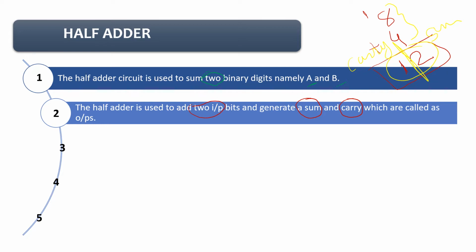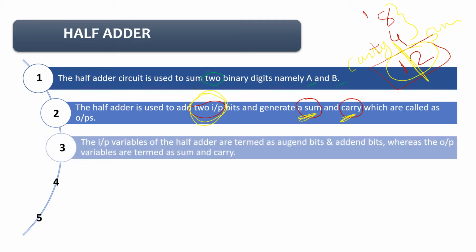This is not the actual operation on binary numbers, but this is just for reference, that when you are talking about the half adder, always keep in mind 2 inputs would be there, and when you generate the output, you will get 2 outputs. One is a sum and the second is a carry. So you can keep this example in mind.